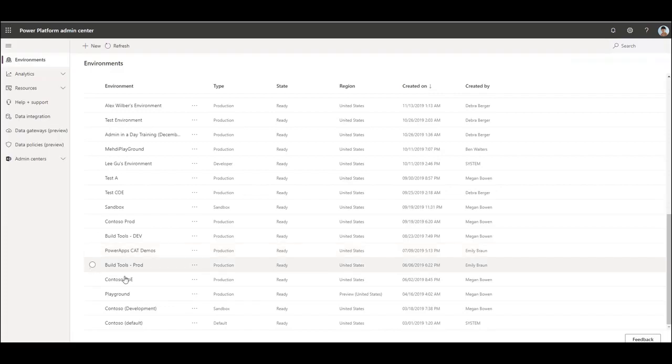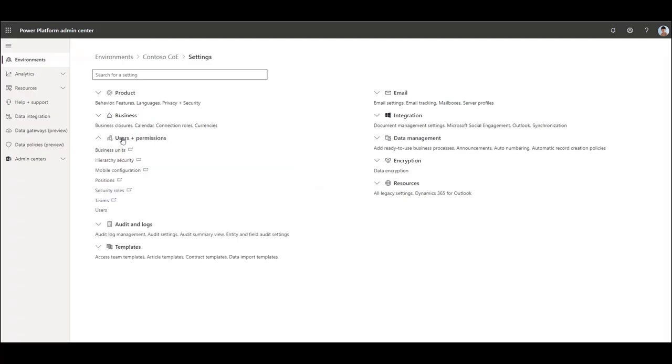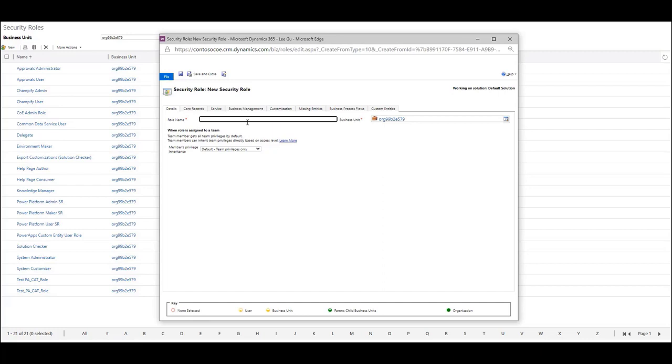Let's now look at an environment with CDS. So the Contoso COE environment, I can see the database version here. In order to manage security roles and users, I click on the settings option here. You can see users and permissions. If I select security roles, I can see all the security roles in this environment, and I can create a new security role from here. So for example, a